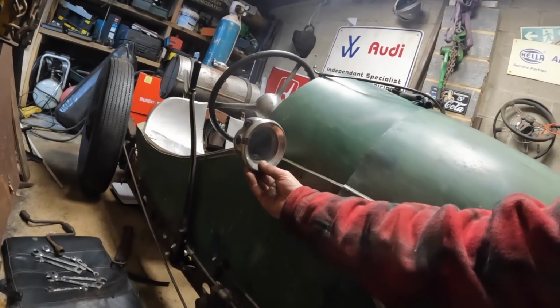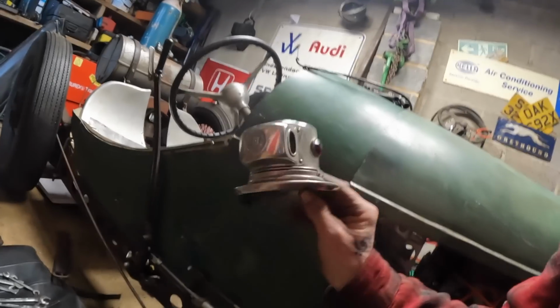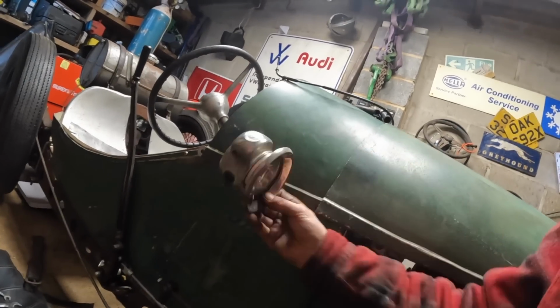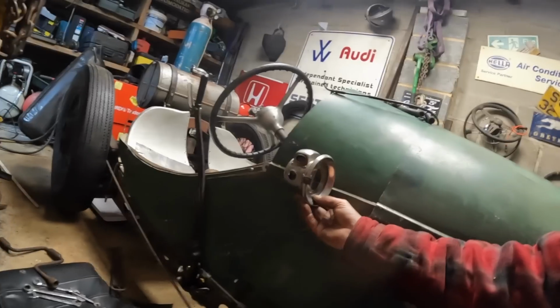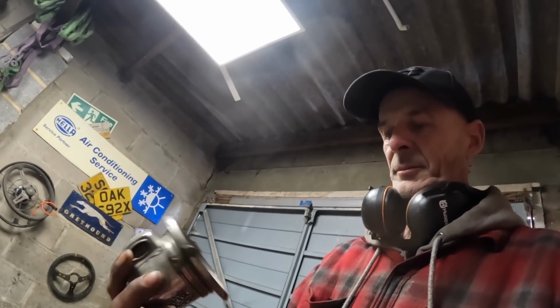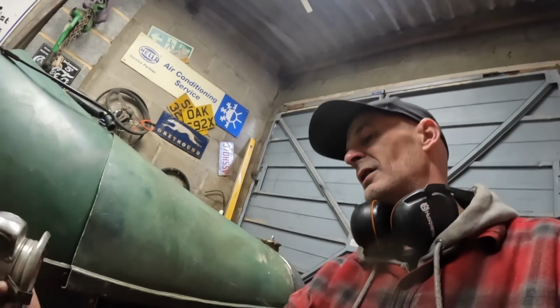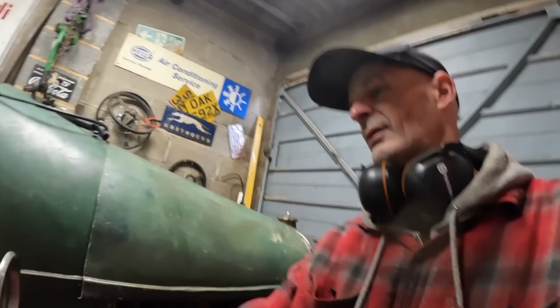But I'm wondering if I get another one of these and put it... Oh, look at that. What do you reckon? Because it's a bit bigger. If I just find another one of these and one at the back, because the reason I don't want to put lights on this was purely because of the weight, but that weighs nothing. I put a halogen bulb in there, it's going to handle the heat, and that'll give me some lights. Roger, what have you started here, mush? But thanks ever so much, Roger. I'm going to go and put his name on the wardrobe now, because...